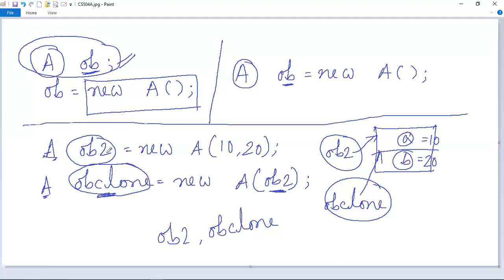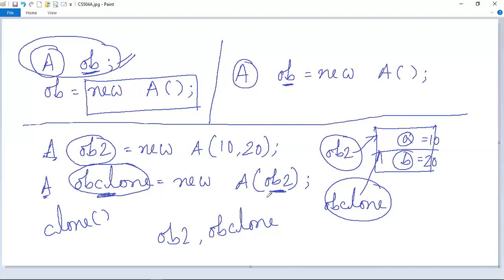Now, in order to implement object cloning, we can also use another method, which is the clone method, that we will discuss later. But here also the same concept of object cloning is being implemented by using this object passing to constructor parameter.